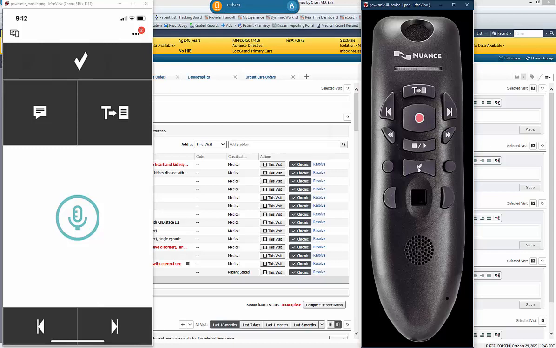Then there's a check mark box here at the bottom, and this is a variable. So you can actually program the buttons to do whatever you want. By default, this check mark hides or displays this Dragon Bar, but as I mentioned, I think it makes sense to leave that showing pretty much all the time. So I would recommend changing this